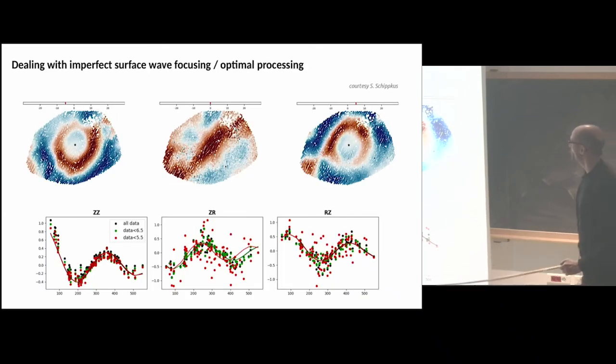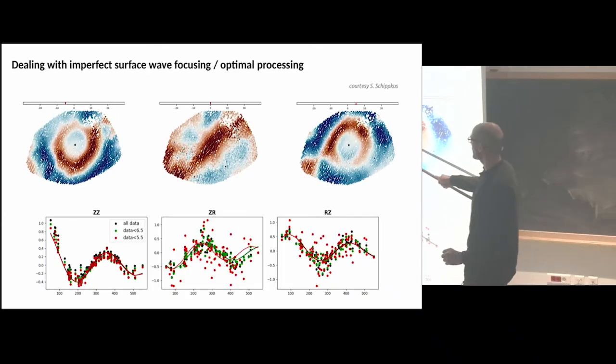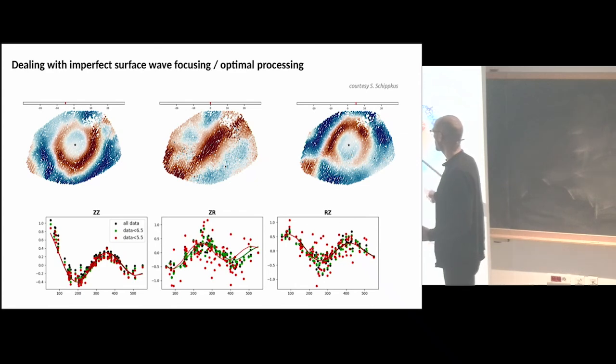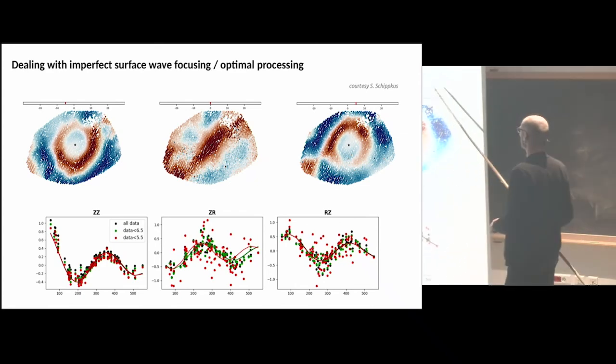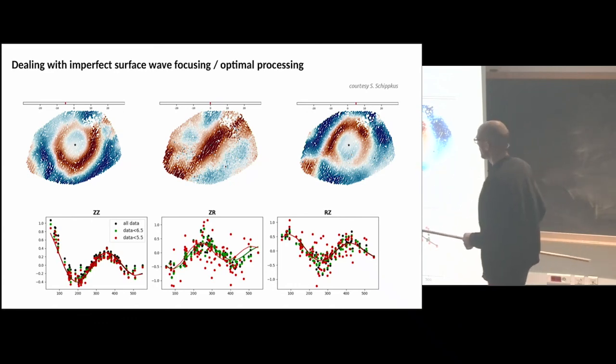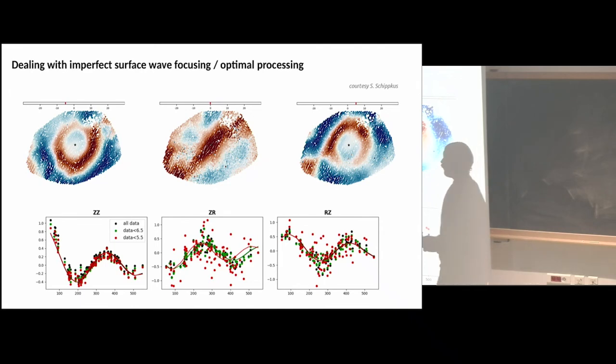And then finally, we need to deal with imperfect surface wave focusing and the optimal processing. I haven't met Sven Schipkus before, but you realize these figures were on the poster. These are data from the Vienna Basin. This is on a 20 by 20 kilometer scale and 5,000 sensors. So that is exactly what surface wave focus spot imaging should be